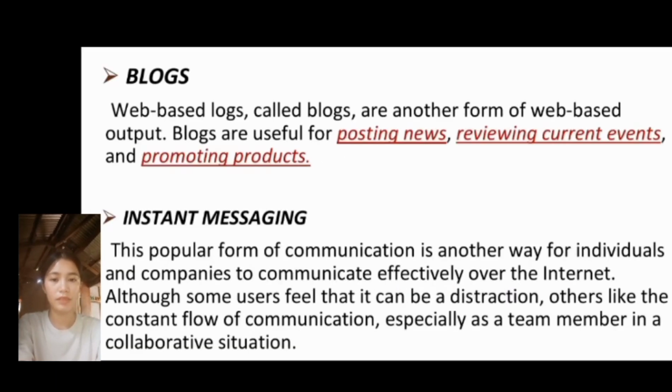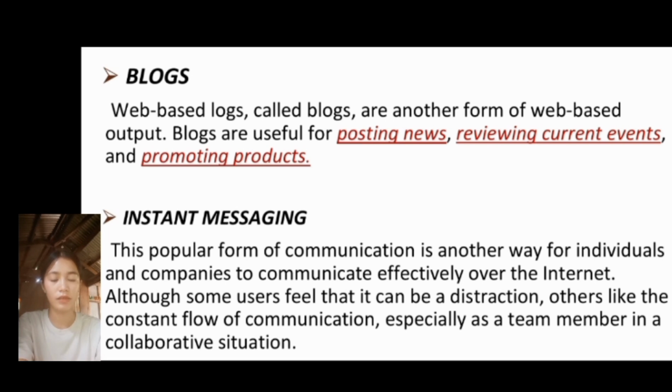And we have blogs. Web-based logs, called blogs, are another form of web-based output. Blogs are useful for posting news, reviewing current events, and promoting products. And we have